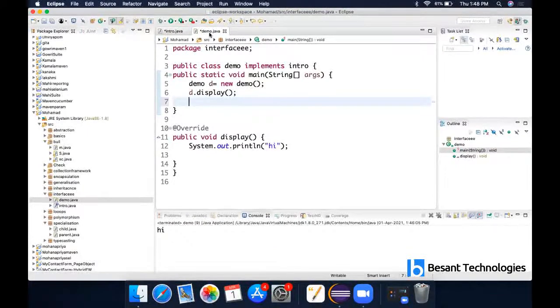So I did this. I have overridden that method and added some code in that method. After that, I have called this display method. So here I have created a connection between a class and an interface, right? Are you clear up to this? Yes, ma'am. Okay, 1 minute.